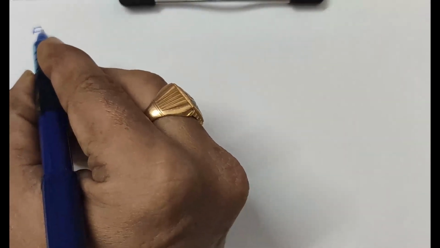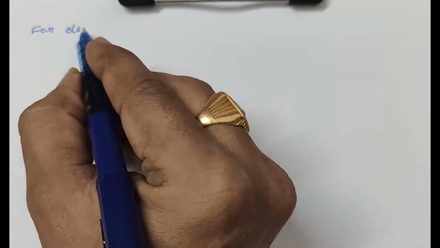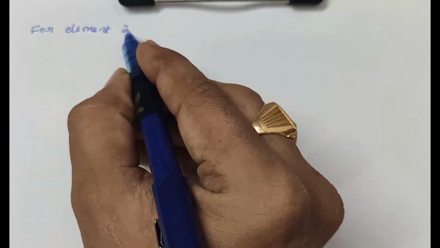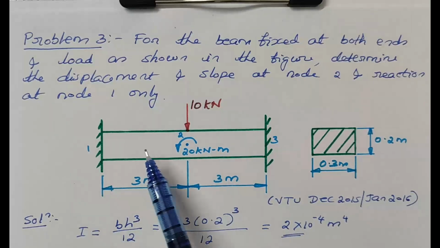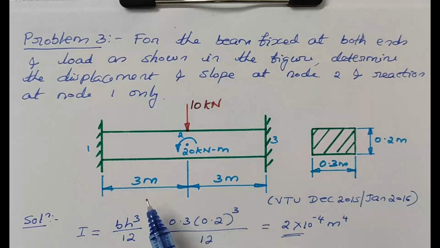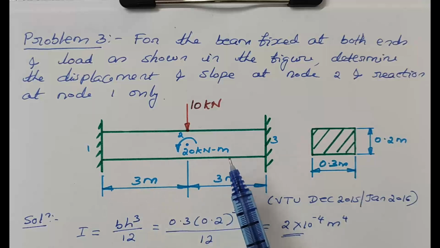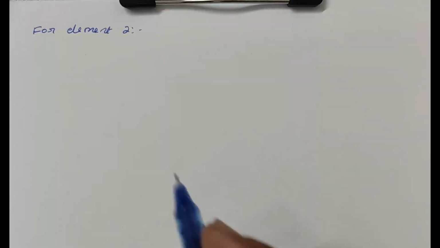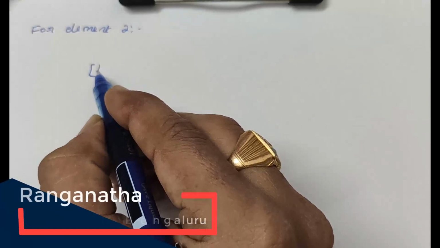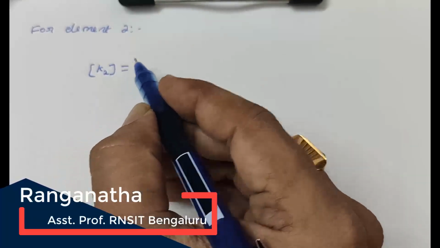Next, elemental stiffness matrix for element 2. For element 2, see here for both the elements the lengths are the same, it is 3 meter for both the elements. Also the cross sectional area is the same, and the Young's modulus is also the same for both the elements. Therefore the elemental stiffness matrix of the first element will be equal to the second element. Therefore here you can directly write for element 2, K2 is